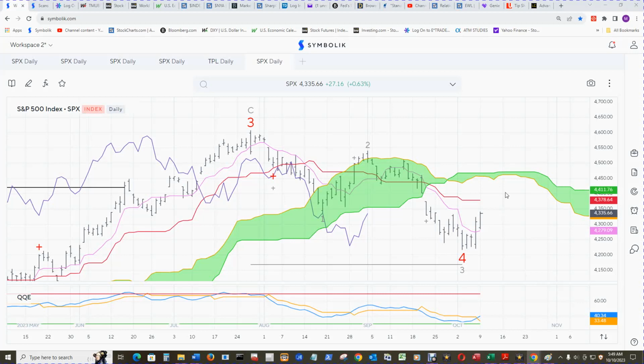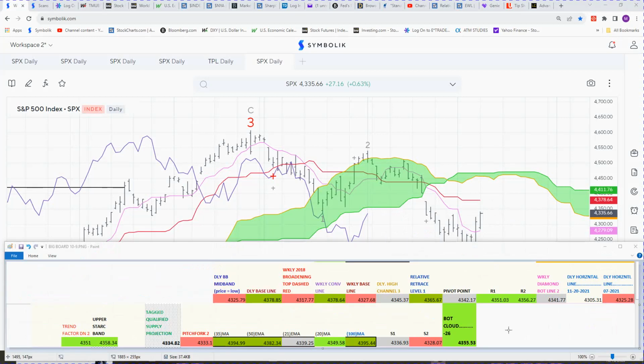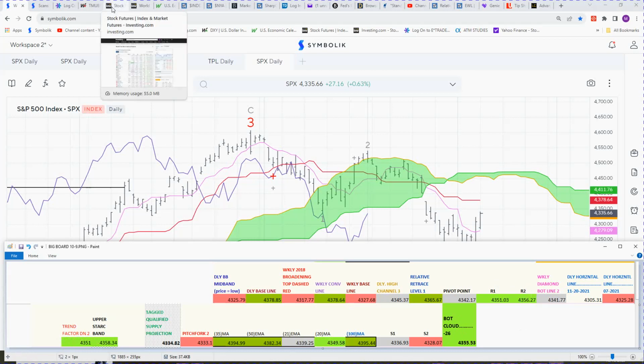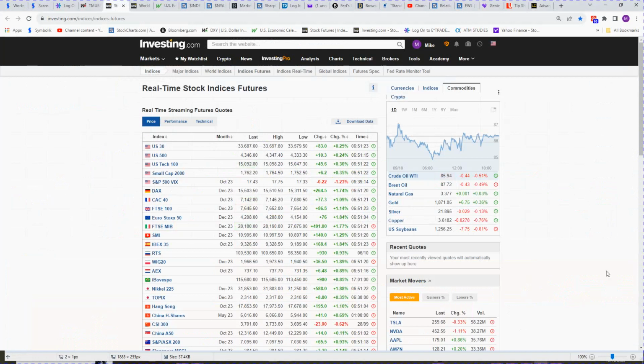The S&P 500 daily cloud chart shows the lagging line 26 bars back approaching the bottom of the cloud 26 bars back. And here's the bottom of the cloud 26 bars back in bright green. And all the other bright green areas, the 20 simple moving average, upper Stark band, trend factor down to R1 and R2 are all gray areas, as price in the pre-market hours for the S&P 500 is